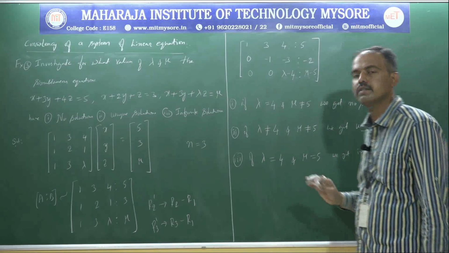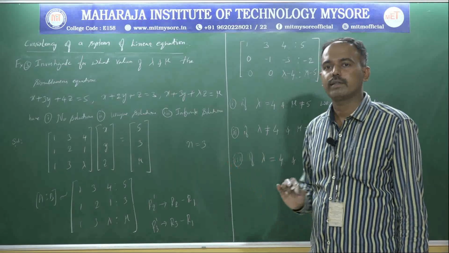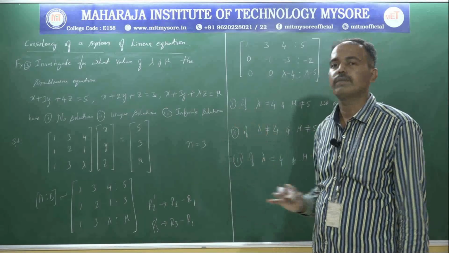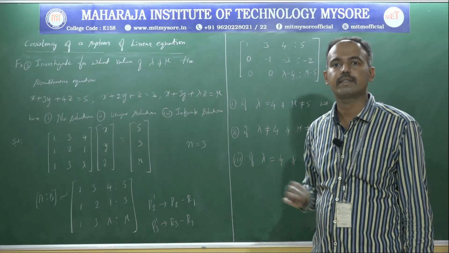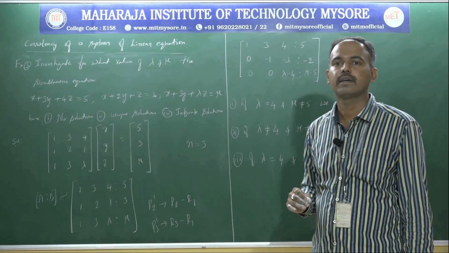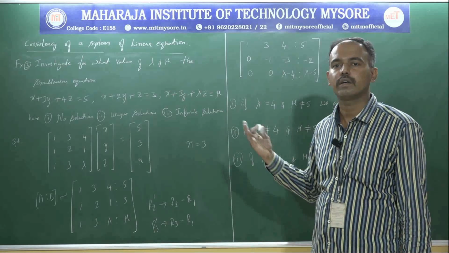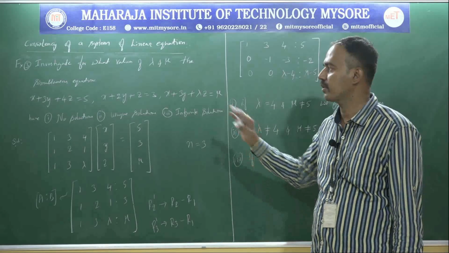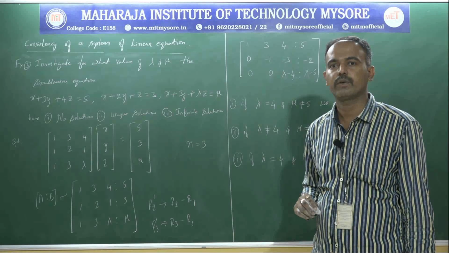Now that will be the important thing. Is it clear, all of you? In today's class, we discussed examples on how to investigate whether the given system of equations is consistent or inconsistent, how to get the unique solutions, how to get the no solutions, how to get the infinite solutions for some particular system of equations. Now that will be the important observations here.